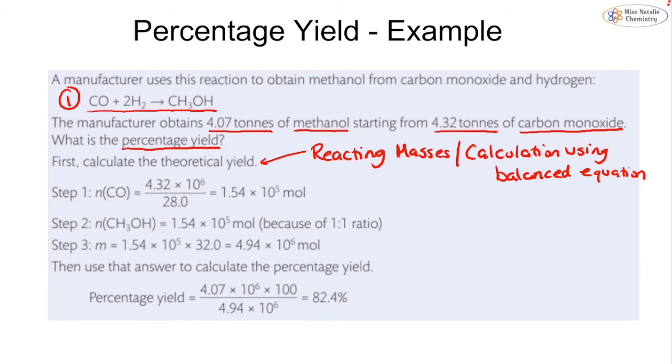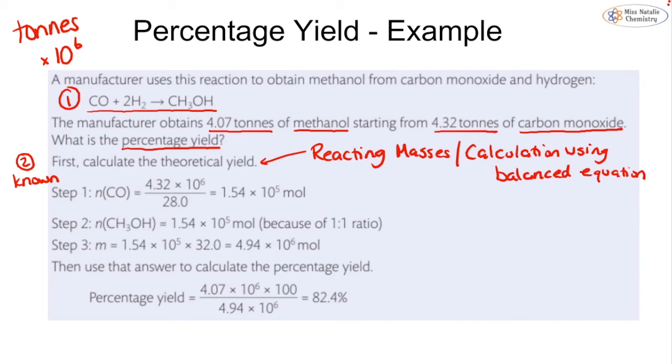The second step in our method was to calculate the number of moles of the known substance, which here is our carbon monoxide. So I have 4.32 times 10 to the power of 6, because that's what tonnes is. Tonnes is times 10 to the power of 6 in terms of grams. And I divide that by the molar mass, which is 28, giving me 1.54 times 10 to the power of 5